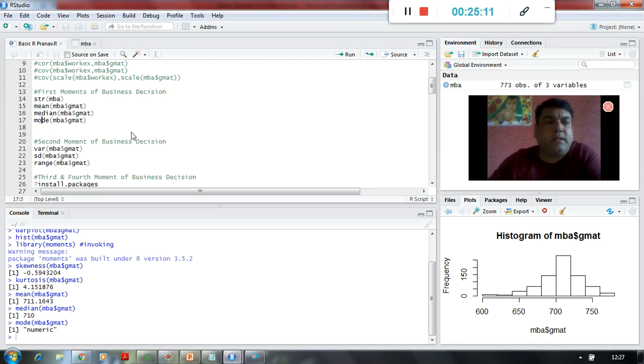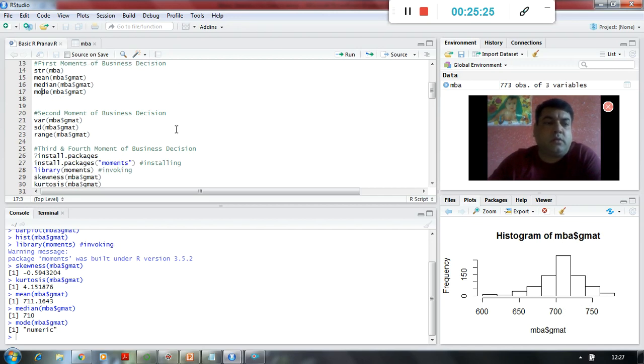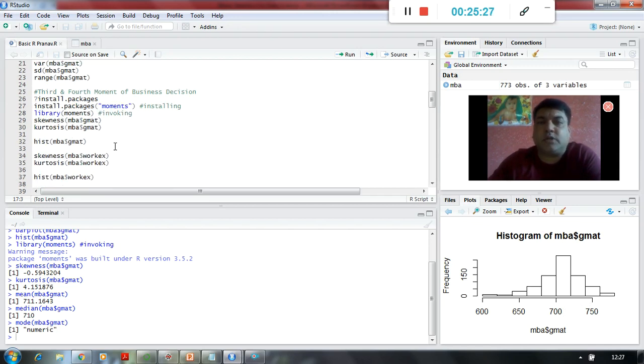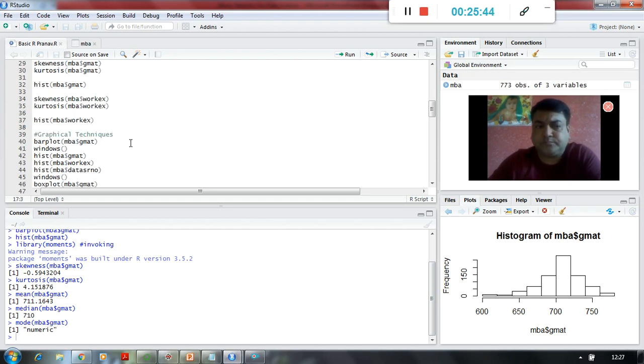So what we have seen is, after looking at the plot, we have seen the measures of central tendency. Measures of dispersion we have not seen yet, but we have seen the skewness and kurtosis, which are the measure of asymmetry in the data and the measure of peakedness in the data, right? And that's it. We have interpreted the data quite well, and this is just a beginning. There is a lot more we are going to learn, right?